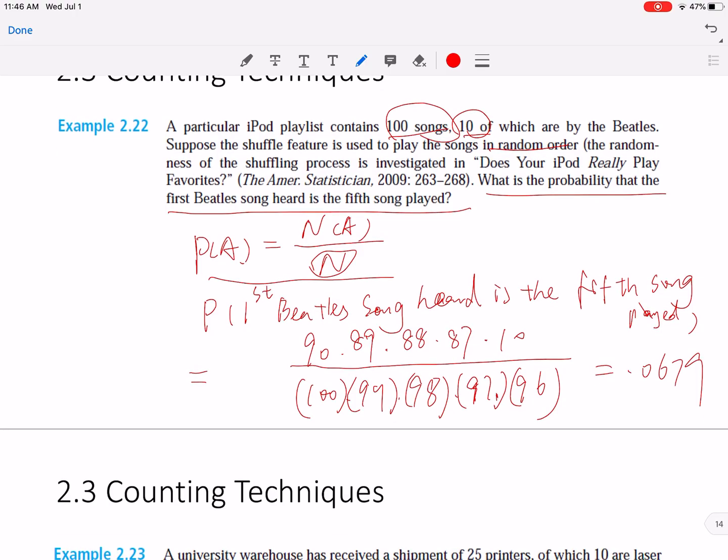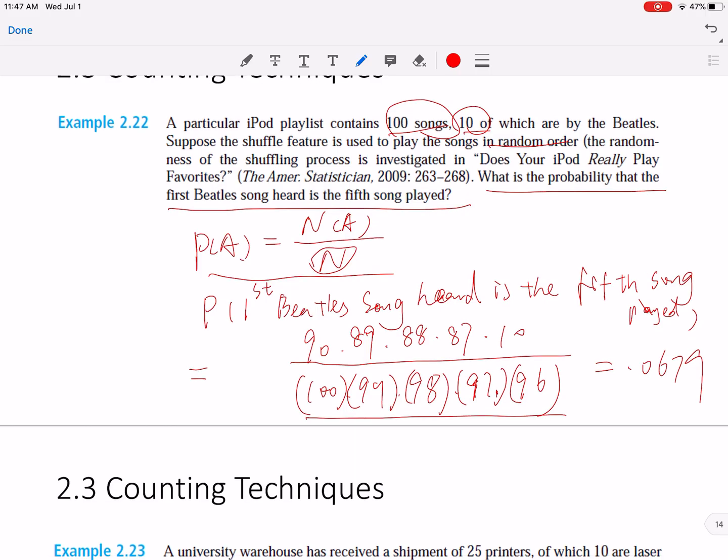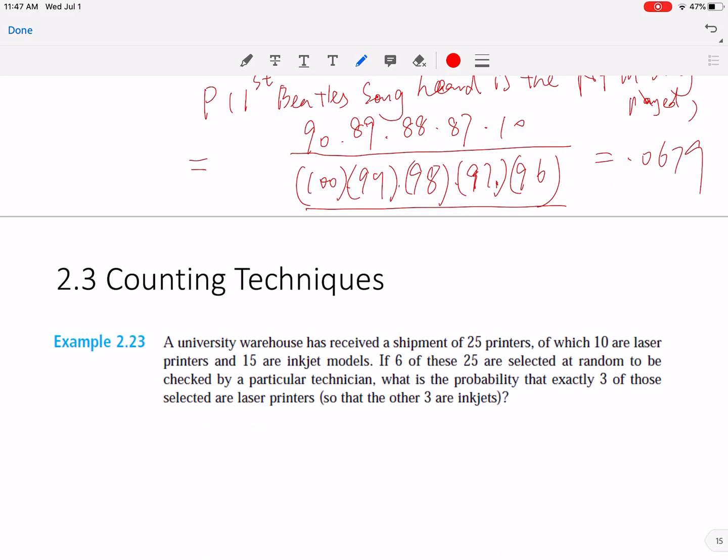This is sort of about permutation, but I encourage you to think of it this way. Just think of it one by one. First of all, find out how many differences we have in total, and then find the frequency of the first Beatles song heard being the fifth song played. Okay, once this makes sense,